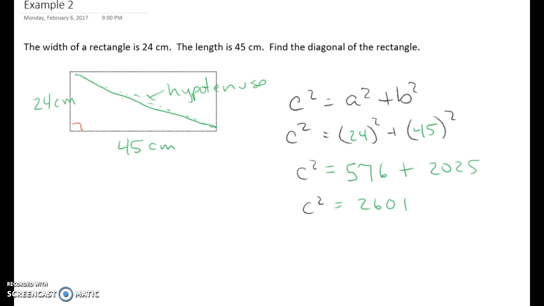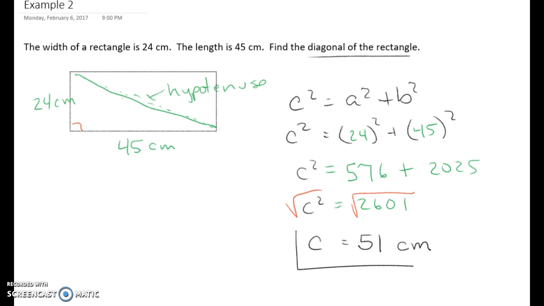When I get a single value on the right-hand side, I'm ready to solve by taking the square root of both sides. I'll do that right on my calculator, and it turns out 51. The units on this particular problem were centimeters, so the hypotenuse, which is in this case the diagonal of the